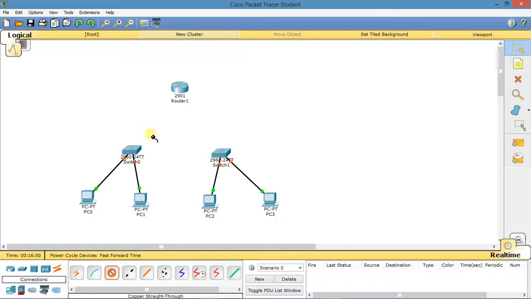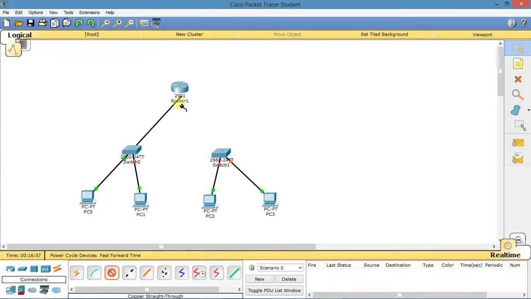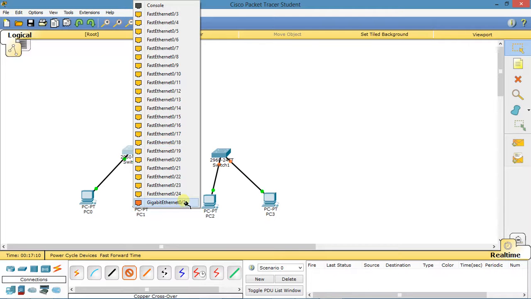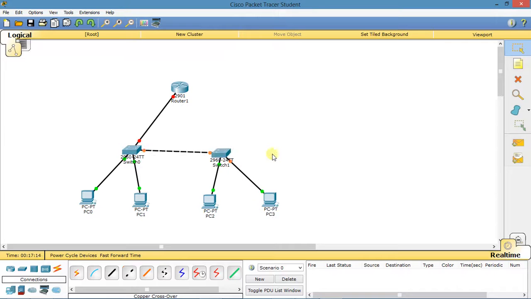Now, since I'm also connecting the switches to the router, I also need to use a straight through. So I can use gigabit Ethernet 0/1, and I also put this to gigabit Ethernet 0/0. And I need to connect these 2 switches, that is by use of a crossover cable. So I select a crossover cable, I select gigabit 0/2 and gigabit Ethernet 0/2 here maybe, and here I can put up as many connections as I want. And what we see right now